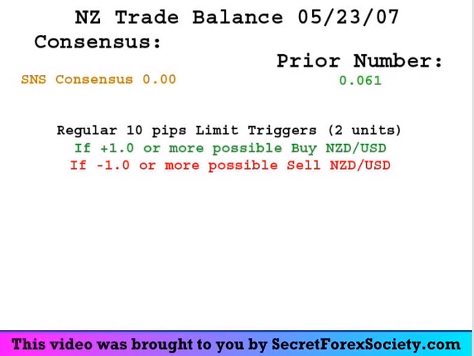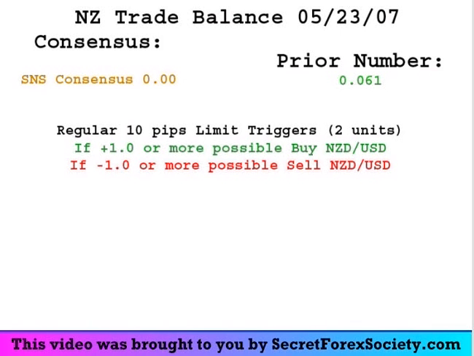I mean, hypothetically speaking, but actually obviously fundamentals do not drive the market. It's the people that drive the market, and it's people's perceptions of the fundamentals. So in this particular case, where we have the trade balance coming out, hypothetically speaking, when the exports are higher than imports, when the trade balance is better,